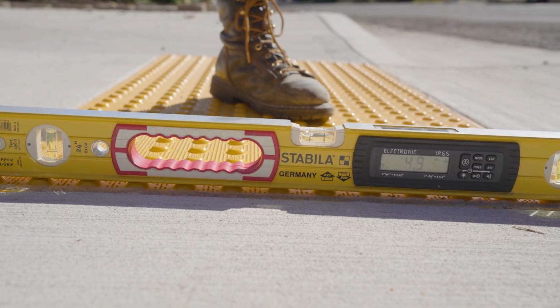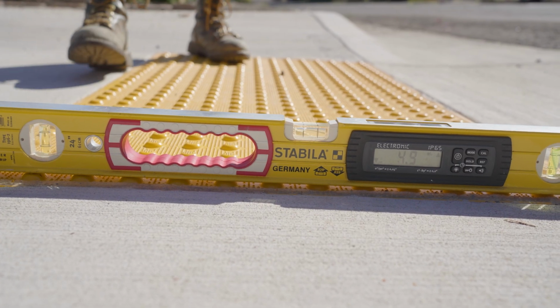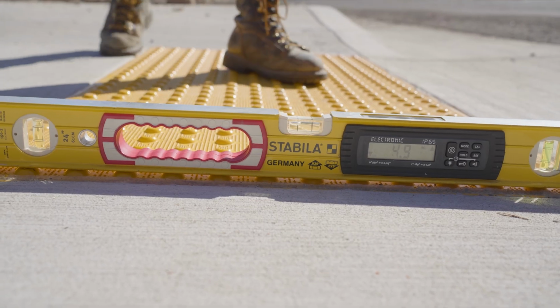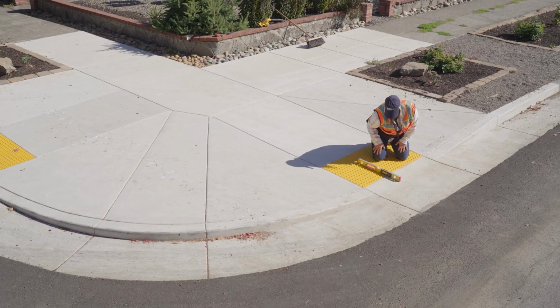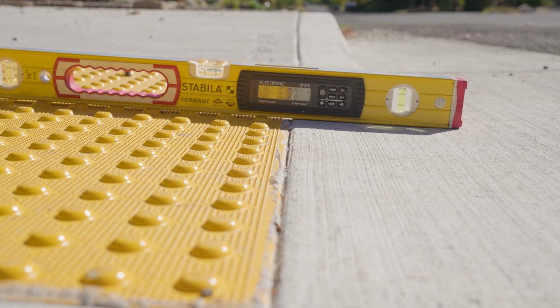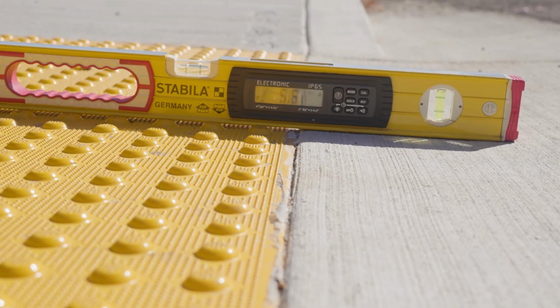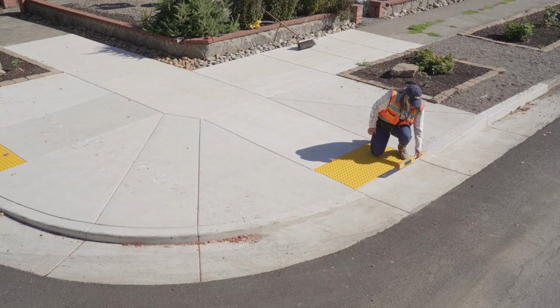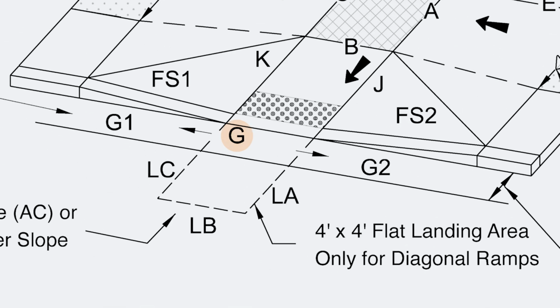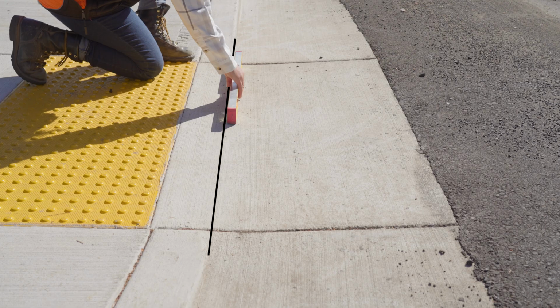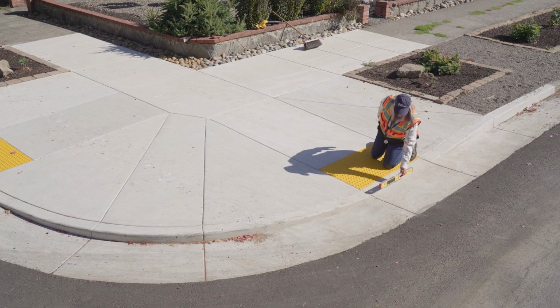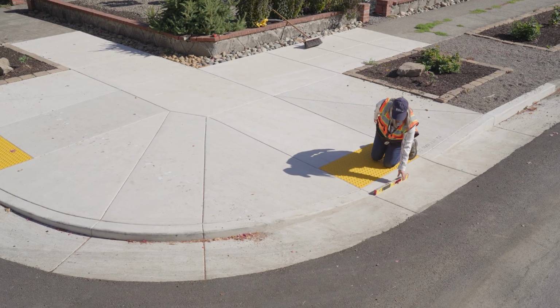While you're here, you'll also want to make sure that the plane of the ramp extends to the face of curb, so the transition is smooth for users. Place your level to span the tactile panel and the curb front, and check to see you don't see daylight underneath. Now, measure G, the face of the curb at the bottom of the ramp, taking care to place your level in front of the face of curb. Measure it twice along the length and record the highest number.